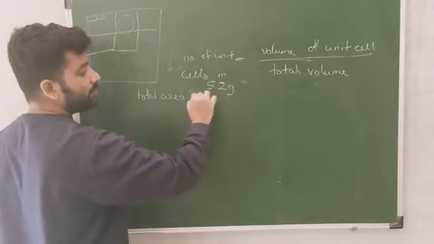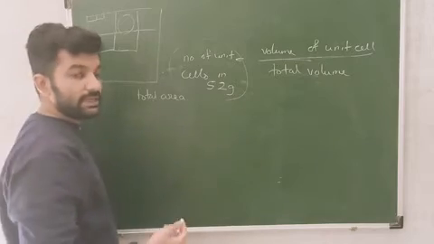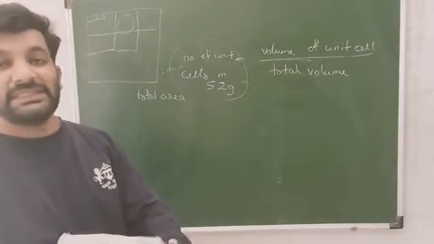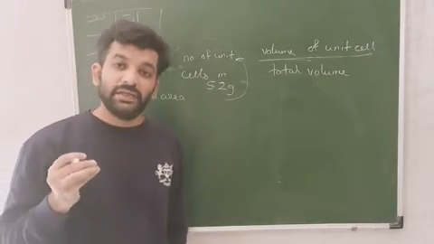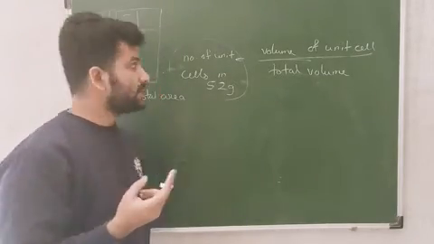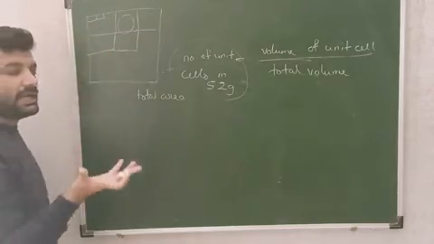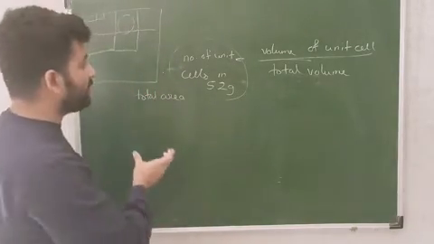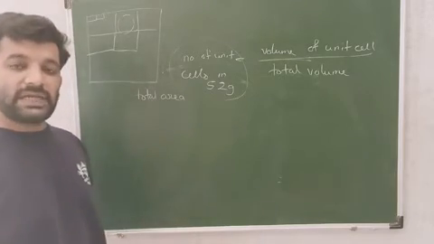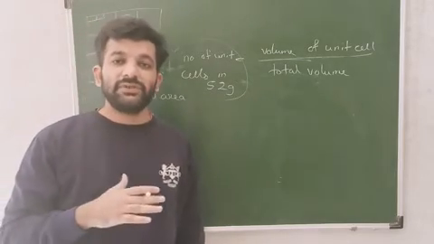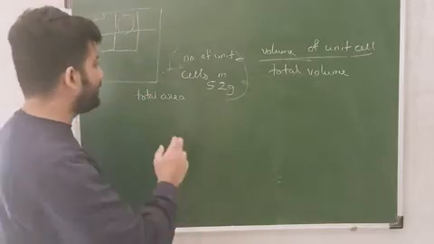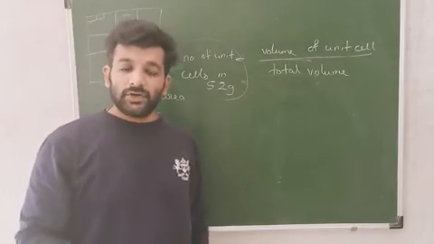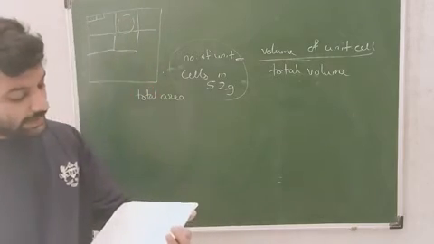When we get the number of unit cells in 52 grams, we will multiply it by 2. Why? Because they have given us that the element crystallizes in BCC structure, and in BCC structure there are 2 atoms. Means in each building we have only 2 flats. So when we know the number of buildings, it can be multiplied by 2. So that will give us the total flats which can be made in a single plot. Okay, is this clear? Now we will move ahead and try to solve the example.